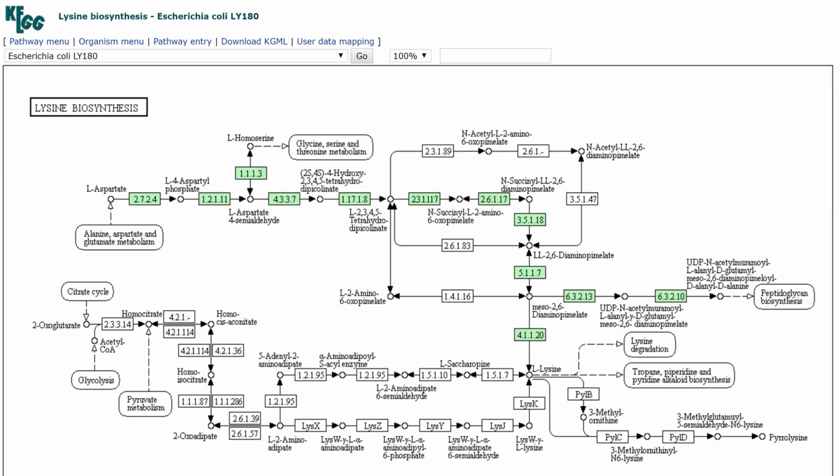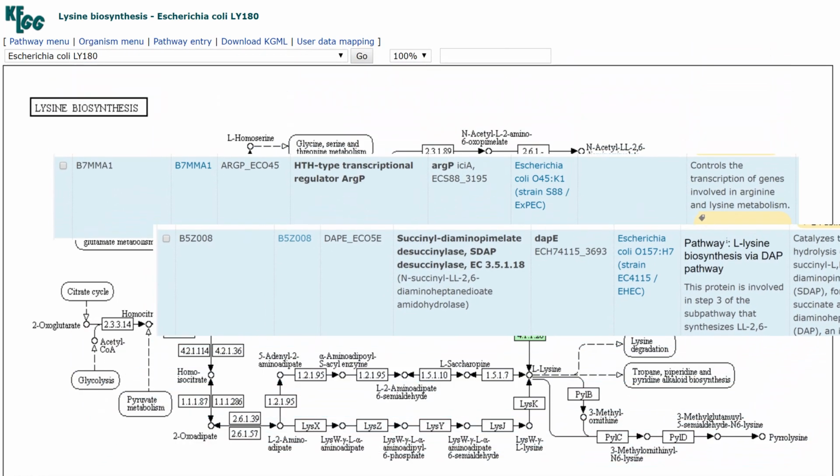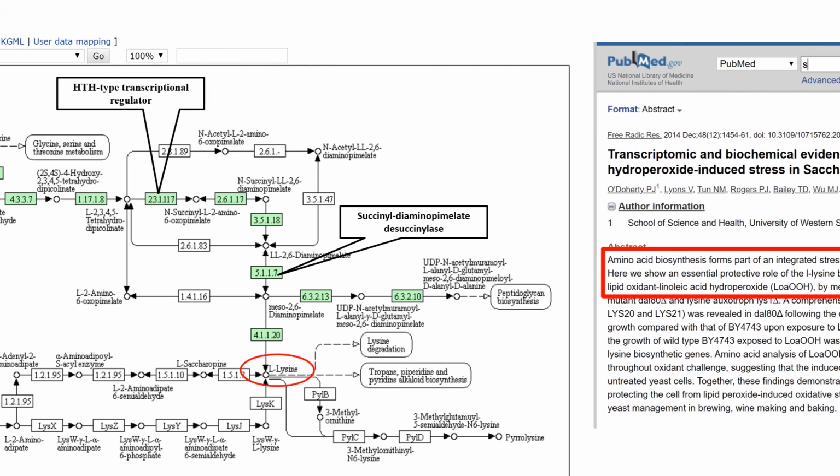Now, I found two proteins which were involved in the lysine biosynthesis pathway. The first one is the DAP-E protein and the second one was the RGP protein. Now, these two proteins, we can see that catalyze certain different reactions within that biosynthetic pathway. Now, the reason for talking about lysine biosynthesis out of all the pathways that we can go through is because